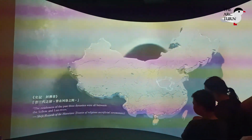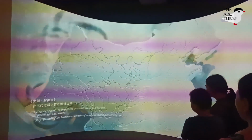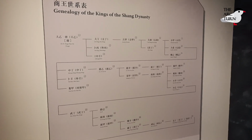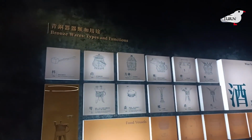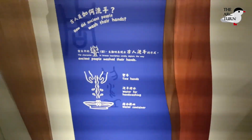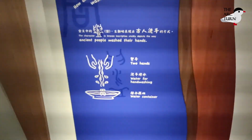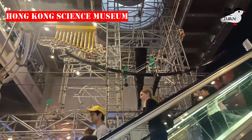And to be honest, after this Hong Kong trip, I am so curious to know about Chinese history thanks to this museum. It depicted the entire family line. It showed different kinds of utensils used by these dynasties. There was a specific section on kanji, and the different ways people were creating historical monuments,